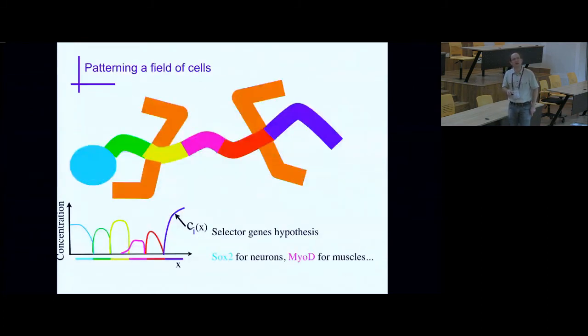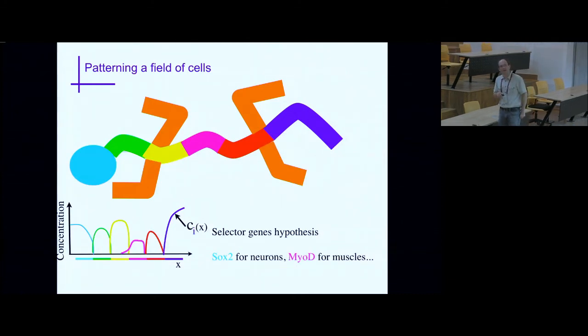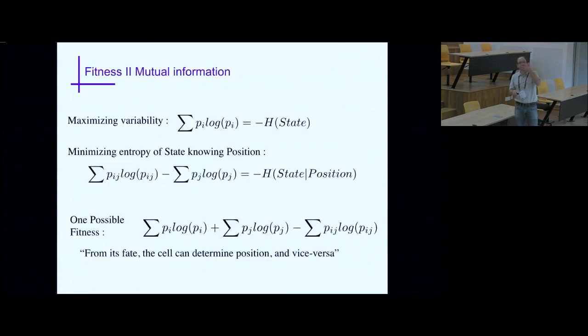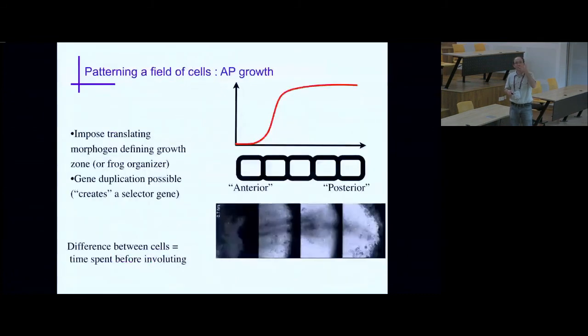The way you should think about it is the following. It's a bit like segments, except these are segments with different genes. Hox genes are expressed at different positions, and you have some specific Hox genes expressed at any given position. Our goal was to see what kind of network could do this kind of pattern. I'm going to skip the math because I don't have time. I'm just going to show you the results.